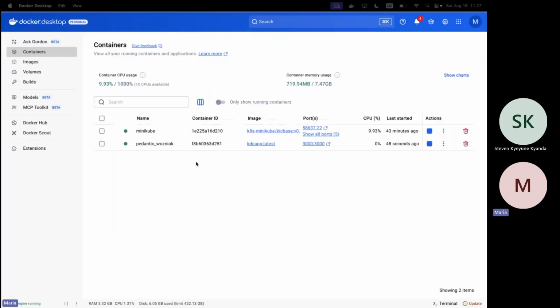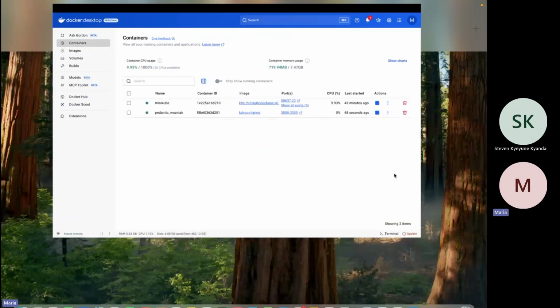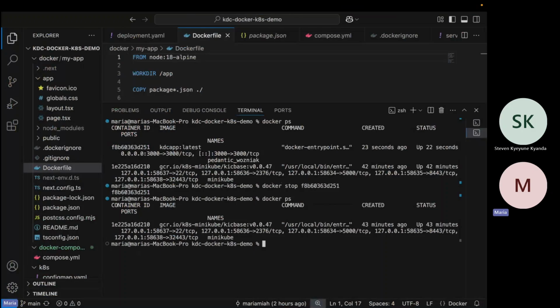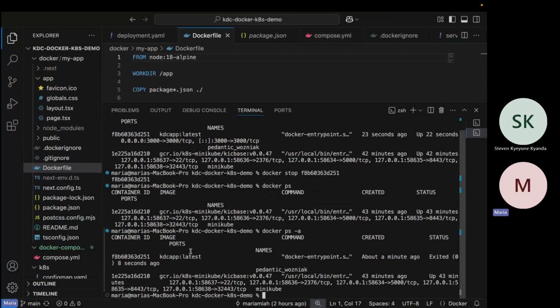I can use Docker Desktop to stop it, or I can use the CLI. So I can do docker stop, then the container ID. And if I do docker ps again, it should be gone. But if I do docker ps -a, it will return all containers regardless of whether they've exited or not.